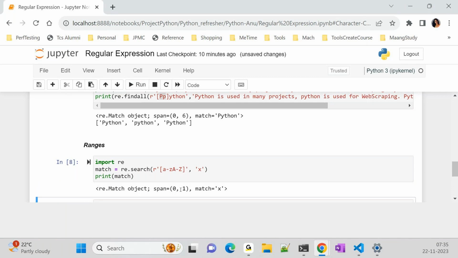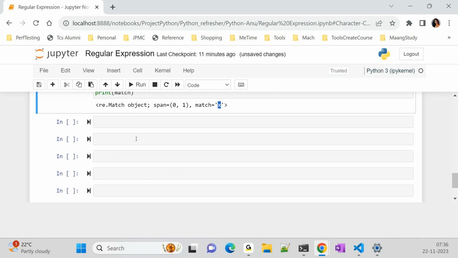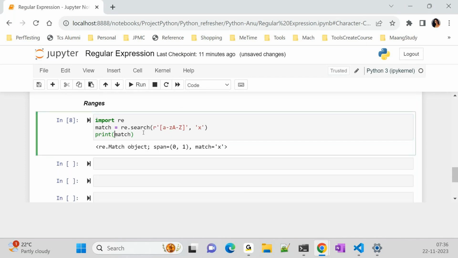So it is telling 0, comma 1, the match is X. What we found is X. So it is there inside this pattern, a to z. From a to z, there is something called X. So it found it, so it is giving me the output. Now if I want to get the range out of this, then what I can do is,